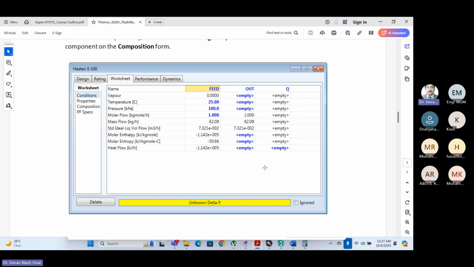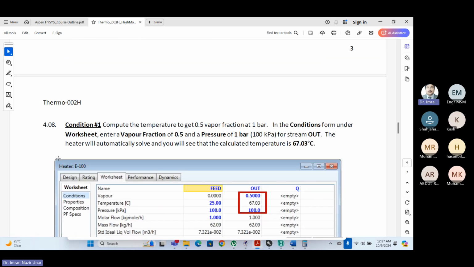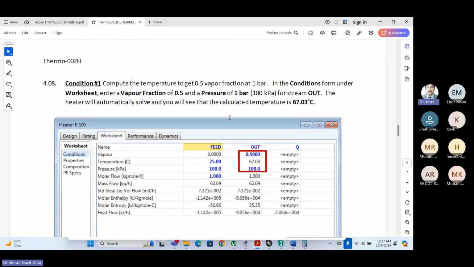अब हम आउटलेट पर डिफरेंट डिफरेंट काम करेंगे। पहला आउटलेट पर कंडीशन 1 में क्या कह रहे हैं कि हम वेपर फेज फ्रैक्शन को 0.5 रख रहे हैं और प्रेशर को 100 रख रहे हैं। इससे हो क्या रहा है, इसमें हमें मिल क्या रहा है,